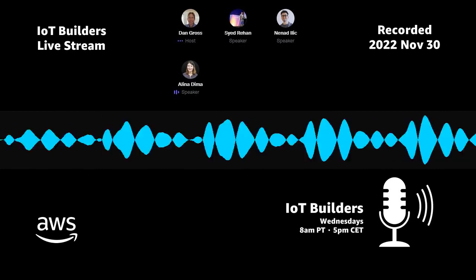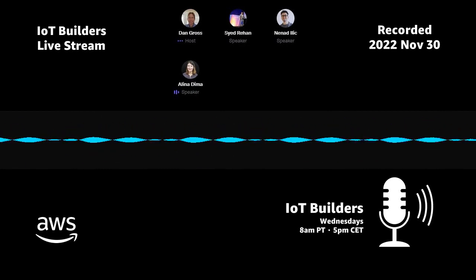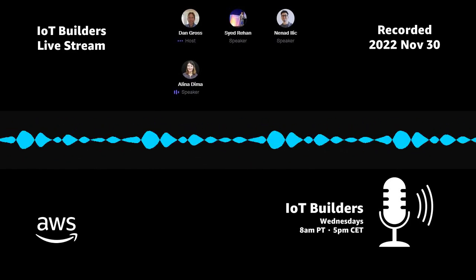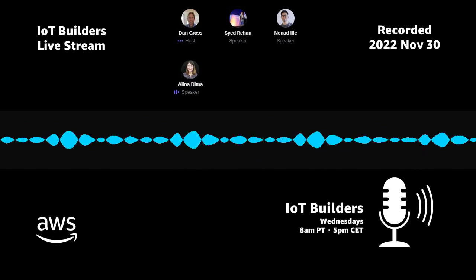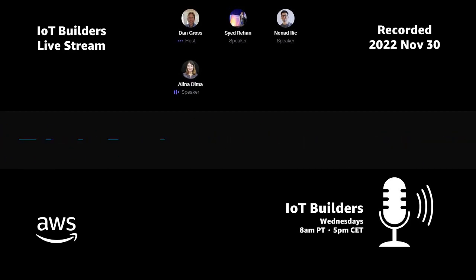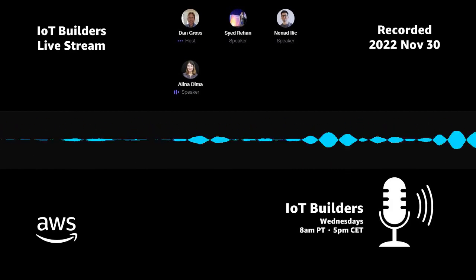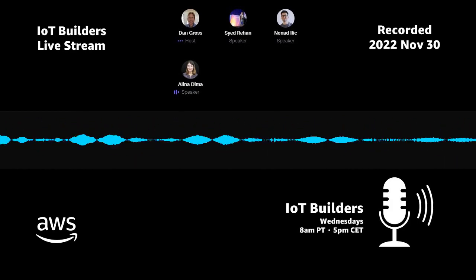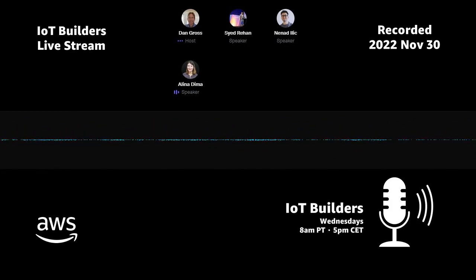And another thing that's also interesting is that you have subscriptions that are basically enclosed, so you can have, let's say, 4 or 5 devices, something similar to what we have with thing groups, more or less. So you can have a couple of subscriptions, and then you can target those specific subscriptions. So even though devices are listening to the same topic, you can group them and then address them specifically. Those are the two features that I've heard from the automotive customers that they were really interested in using.